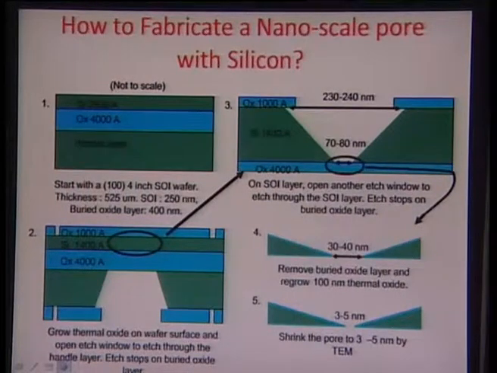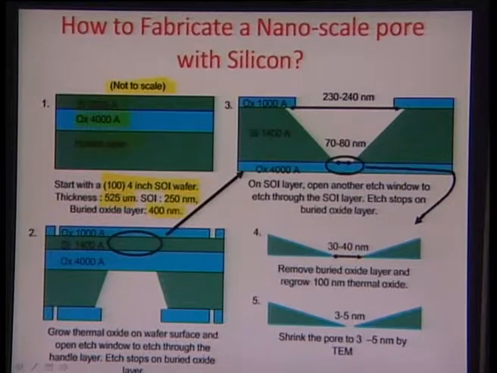So here as you see, there is an oxide layer of about 400 angstroms, there is a silicon layer on the top of it of about 2500 angstroms, and this whole is assembled onto a handle layer which is a much thicker wafer, a couple of hundred microns, although it is not to scale. So it is a 4-inch SOI wafer with this handle layer. The thickness of the handle layer is about 525 micrometers, the SOI is about 250 nanometers, the buried oxide is